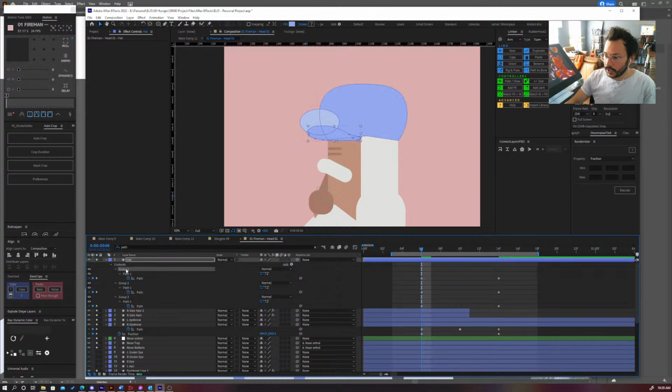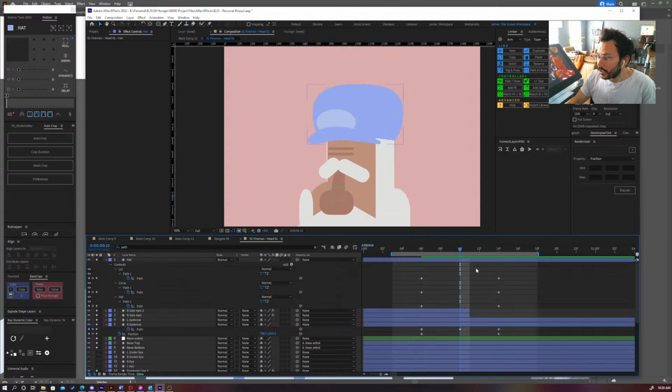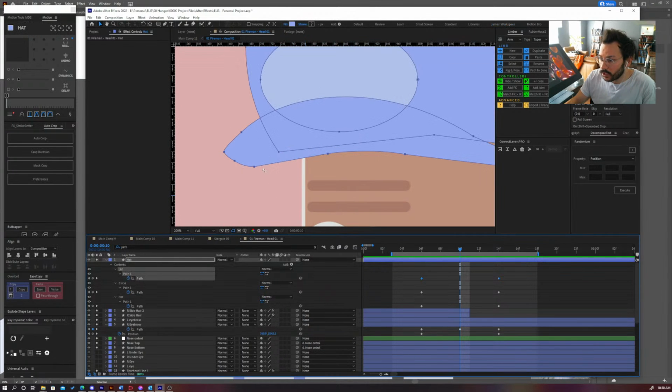I'm gonna call this the lid. This will be the circle, and this will be the hat. I'll just call it the hat. And, you know, it's not that bad. It's really not, considering. I think that it could be smoothed out a bit. Maybe like